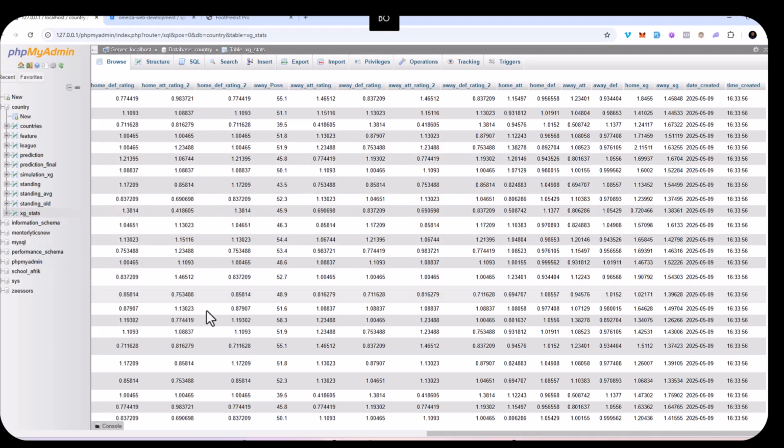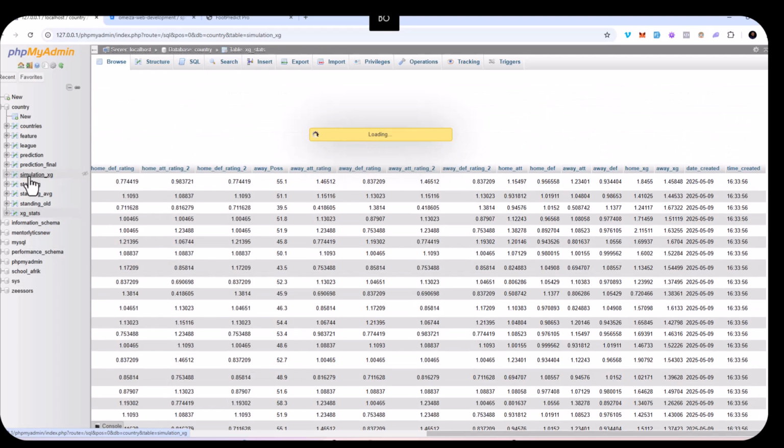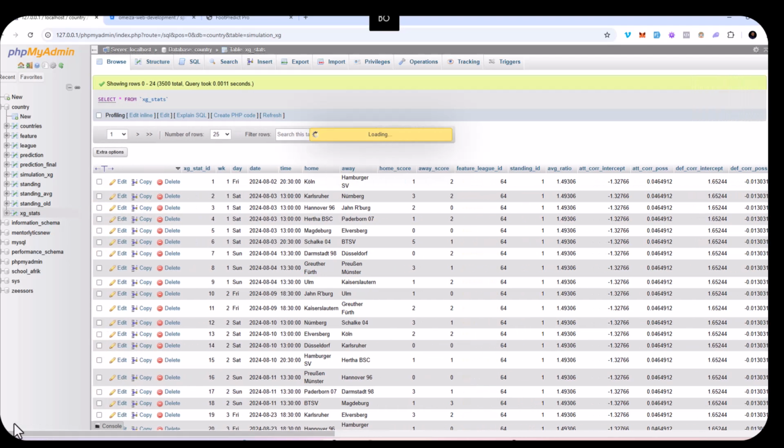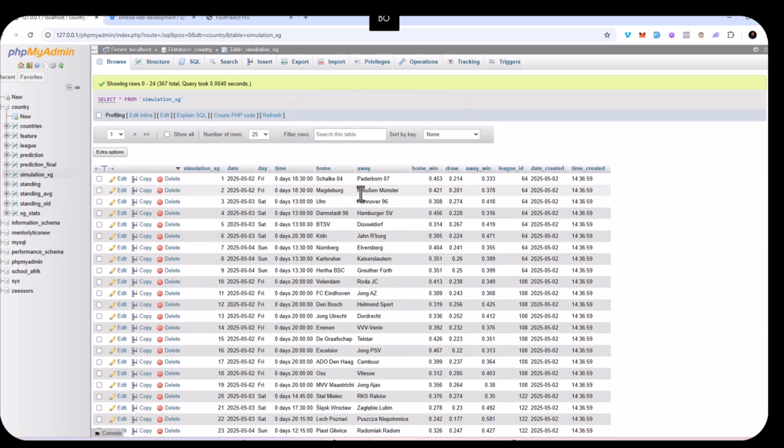From there, it's going to calculate for simulation. Then from simulation, after it calculates, this simulation is not updated yet. The last time this was updated was on the 2nd of this month. So it's not updated. By the time this script has finished running,